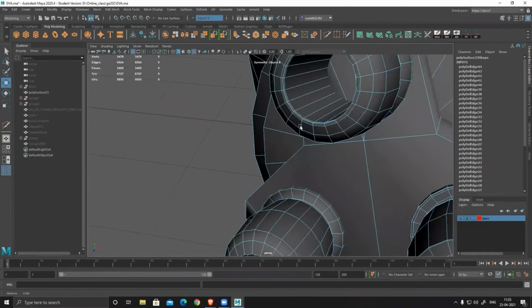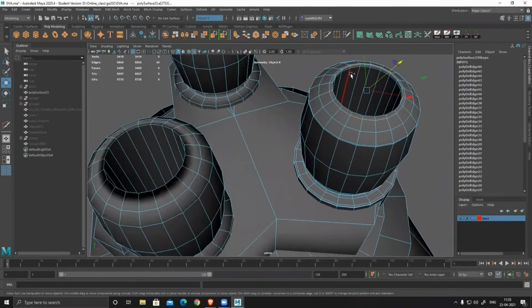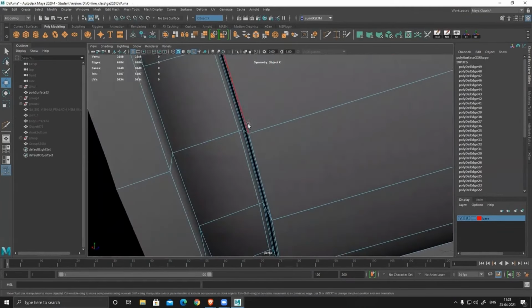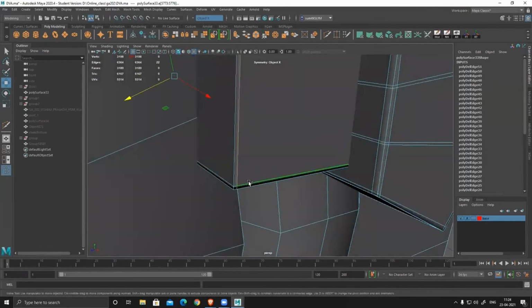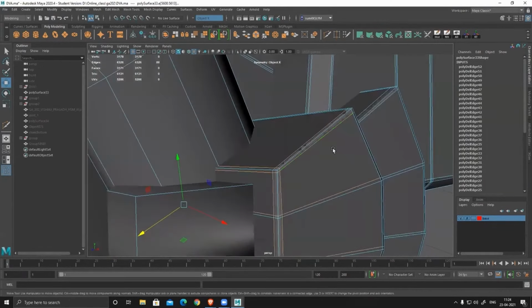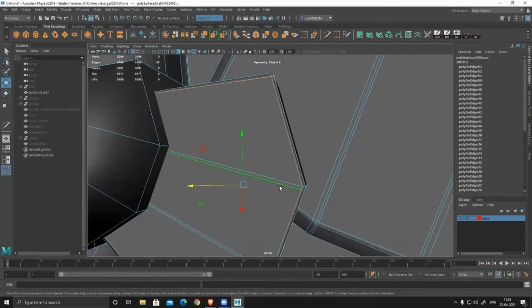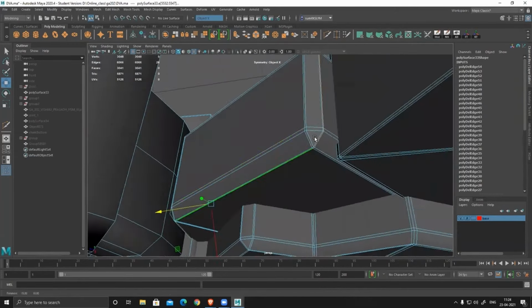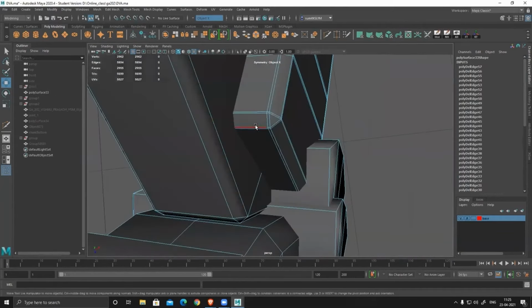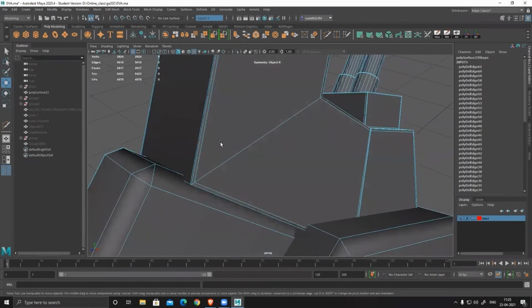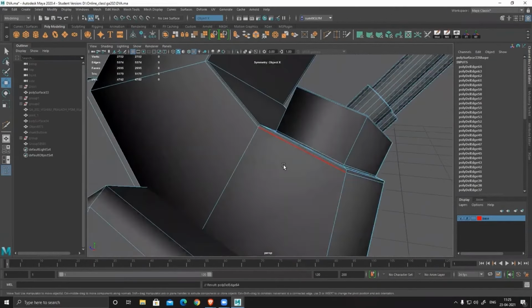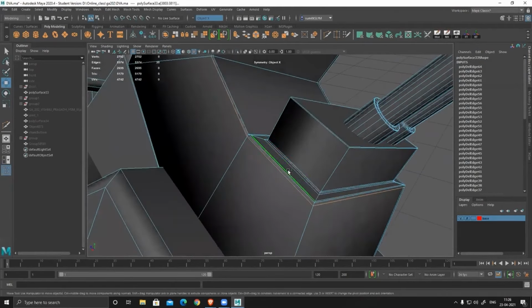See, I'm removing all those extra loops from everywhere, making it super clean. Initially I created the base model with all those loops so that I can press 3 and it will hold the shape. So now for low poly I just have to remove them and double check it with the high poly to see if all the volume and shape matches. So you have to cross check it.